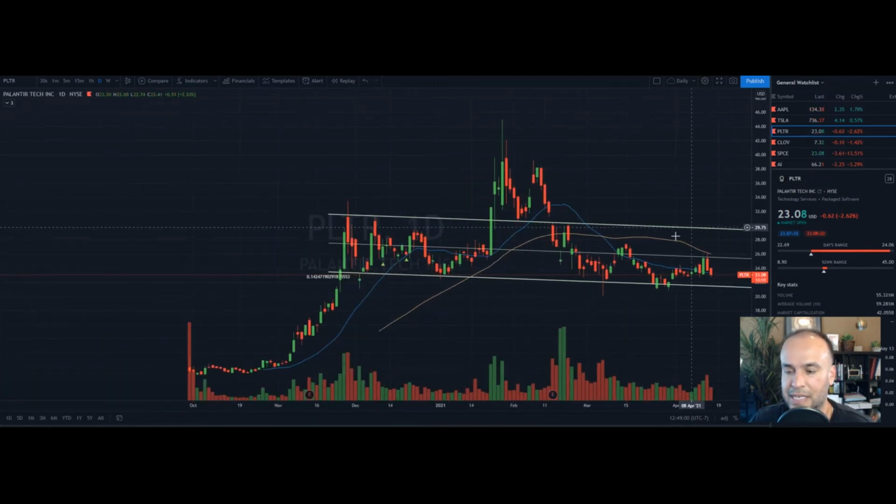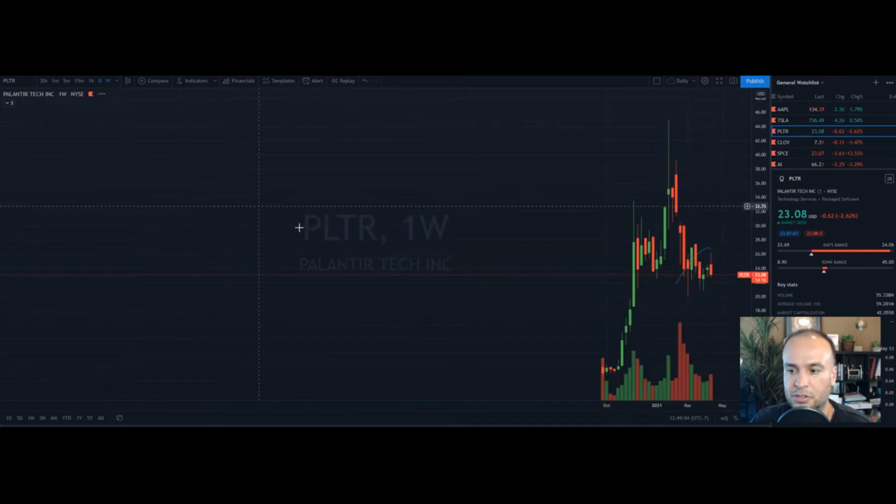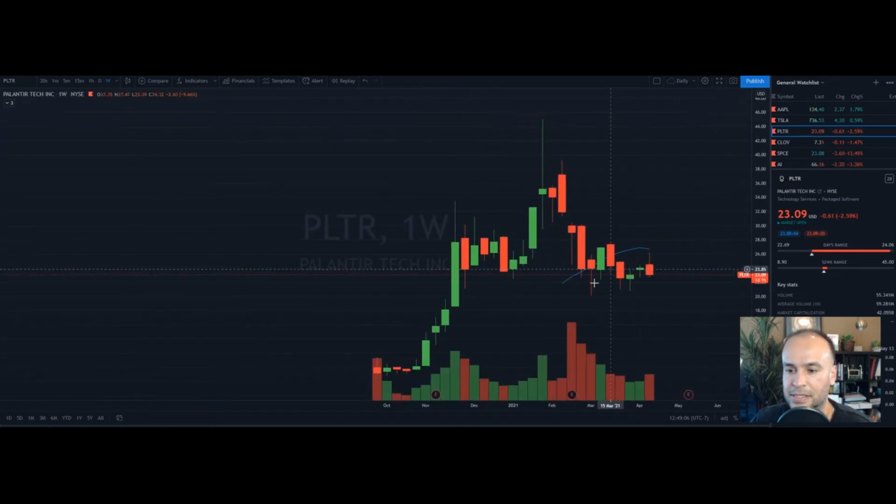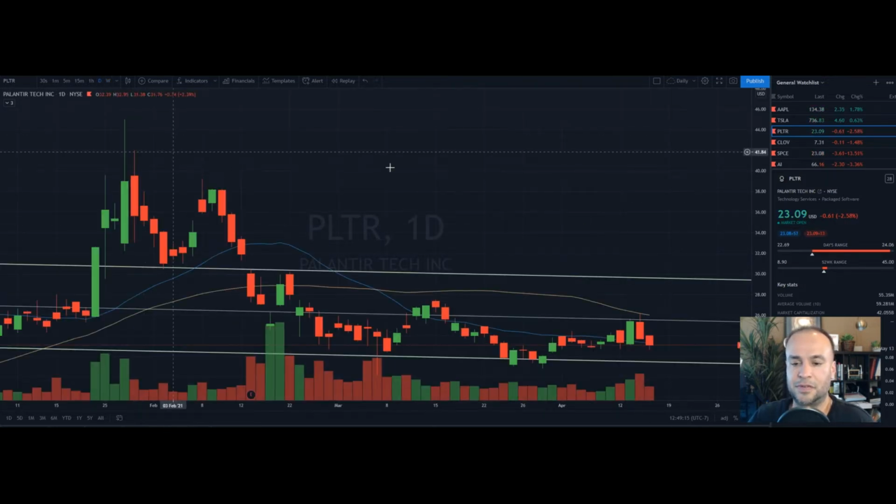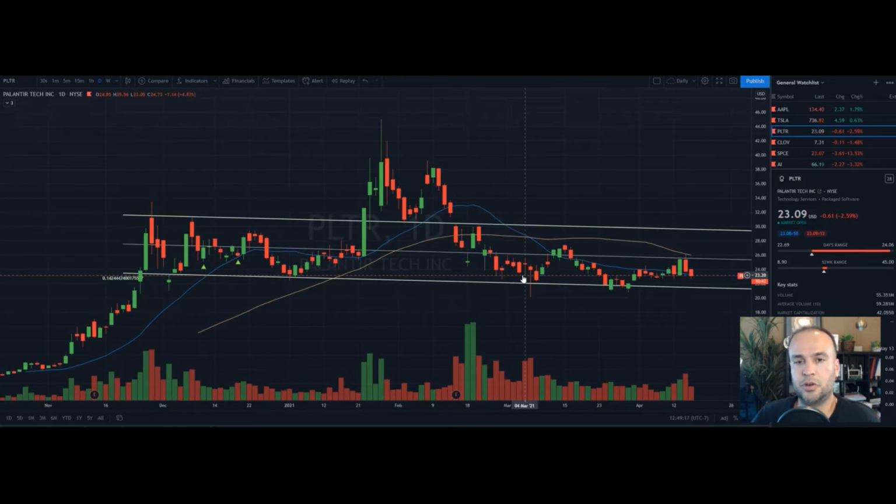You can see it's downtrending on the daily chart, but going back to the long-term idea of Palantir, guys, it's still holding up key levels. We have a lot of these stocks with insiders selling, and that's not helping the cause. When you find out that an owner, CEO or founder is selling shares, and especially with Palantir, you had the lockup period that released a bunch of shares, and it never really recovered. You had all this volume, and it's just never really been able to bounce.